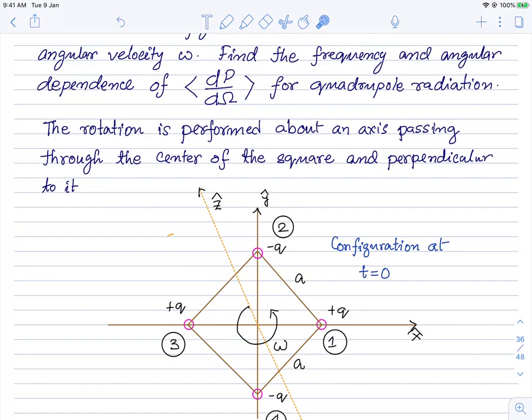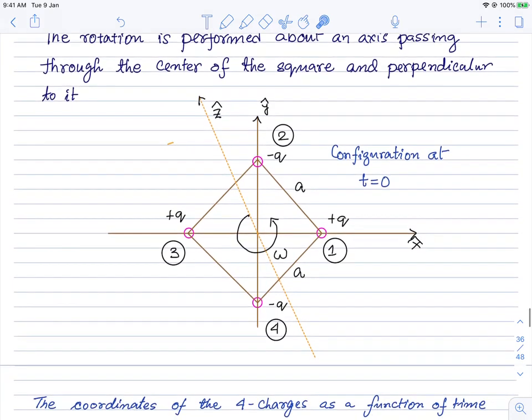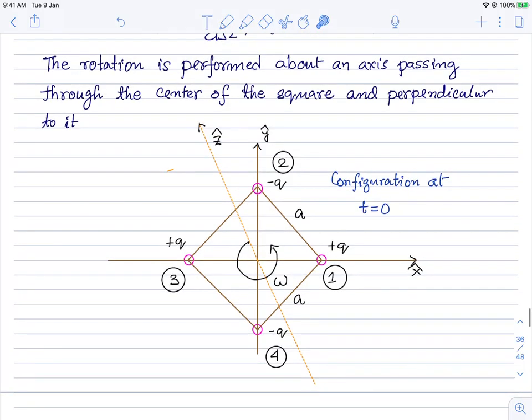So here for the quadrupole oscillation, you take a quadrupole, which is plus q, minus q, plus q, minus q here. So this is a quadrupole. The total charge is 0. The dipole moments are 0, and also if you take this and start rotating it,